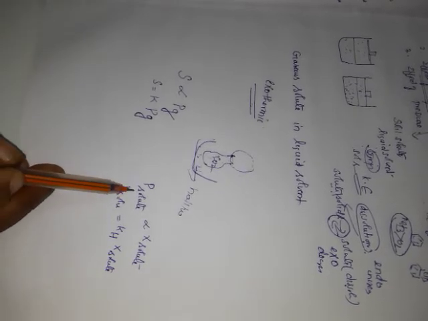Now P solute represents partial pressure of the gas in vapor state, which is commonly called vapor pressure. X solute represents mole fraction of the solute in the solution. KH is the constant. The value of KH depends on the nature of the gaseous solute and solvent. So the above equation is in the form of a straight line, that is y equals mx.